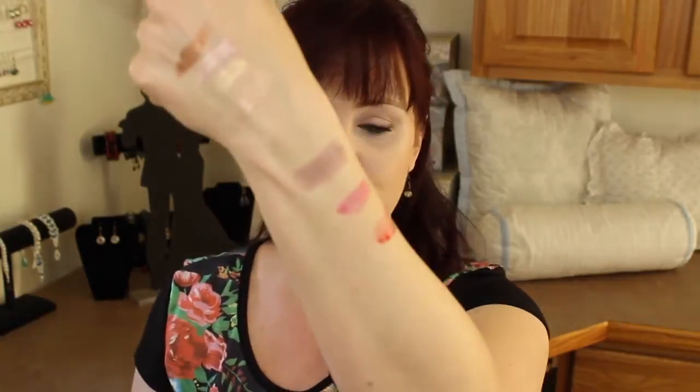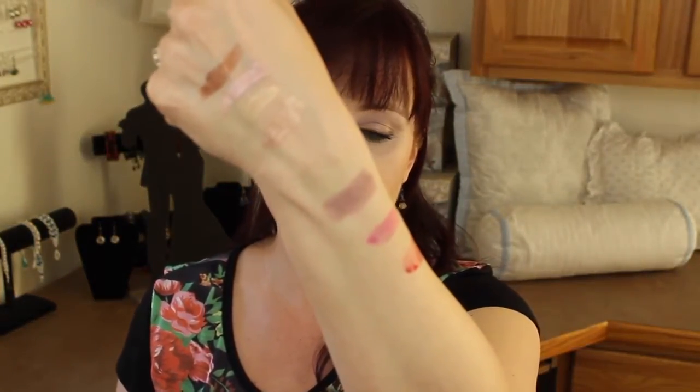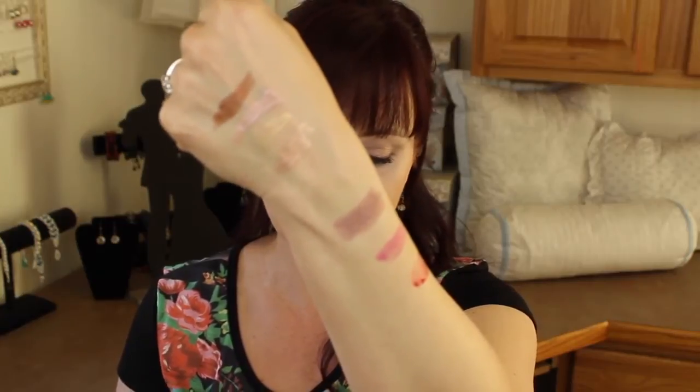Okay, this next one is from their Gotta Glow section. This was the one that looked like the It Cosmetics knockoff. It was pink, but they came out with a couple of other colors. So this one actually looks kind of scary, doesn't it? But it's the Perfect Berry, and it is really strange when you first put it on, but then it changes to a very nice berry color, and I'm actually wearing that over the berry lip stain,